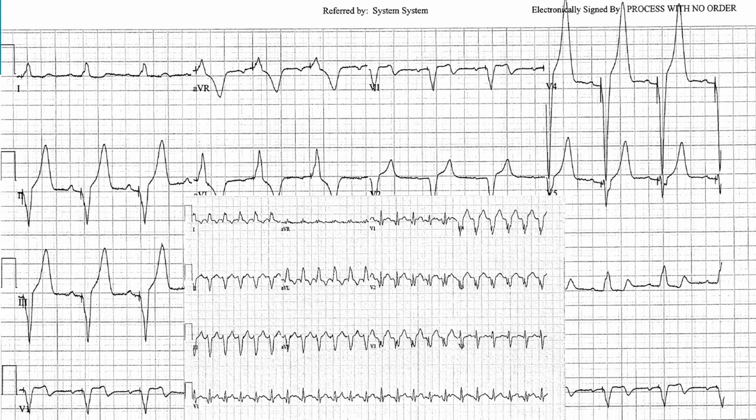So is that what we saw in our patient? It's really not, right? Even though there is a net negative vector in the inferior limb leads, you see that little R wave up ahead, right? So this is not bottom to top conduction. And like we talked about earlier, there's no evidence of a clear left bundle branch morphology.